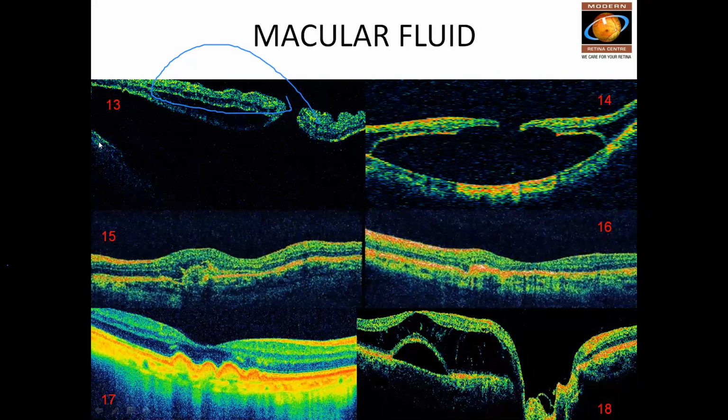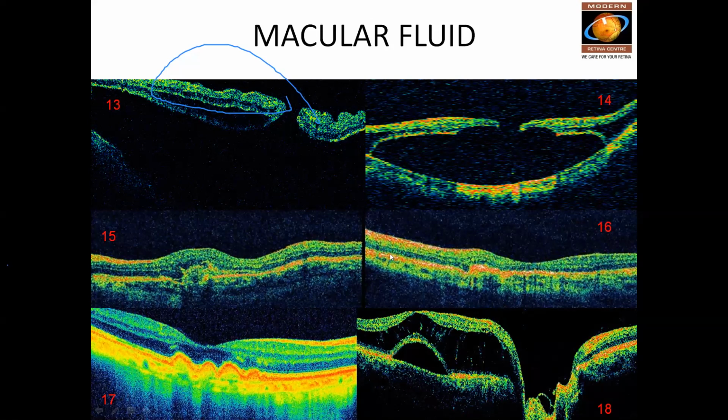As I said earlier, this is a very high myope with a cup-like posterior staphyloma. There is a hole which developed in the retina and there is subretinal fluid. This is a macular localized central detachment. Number 13 and number 14 are high myopia with staphyloma with posterior pole detachment.